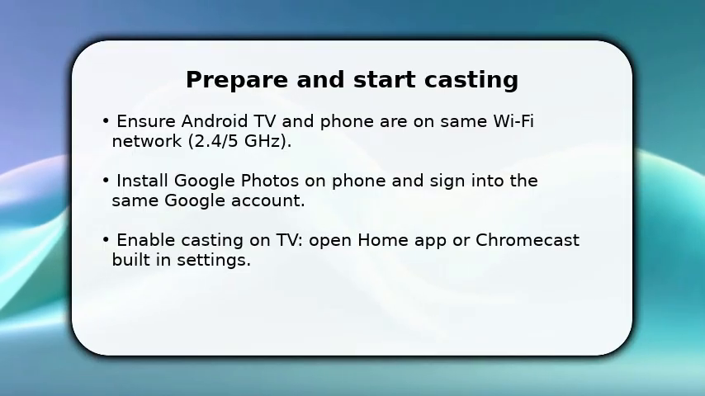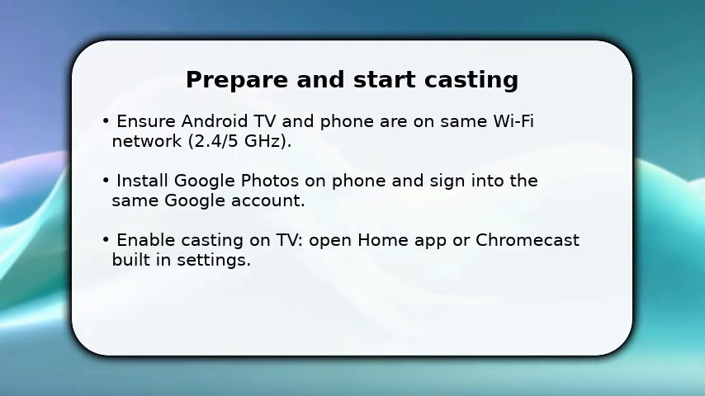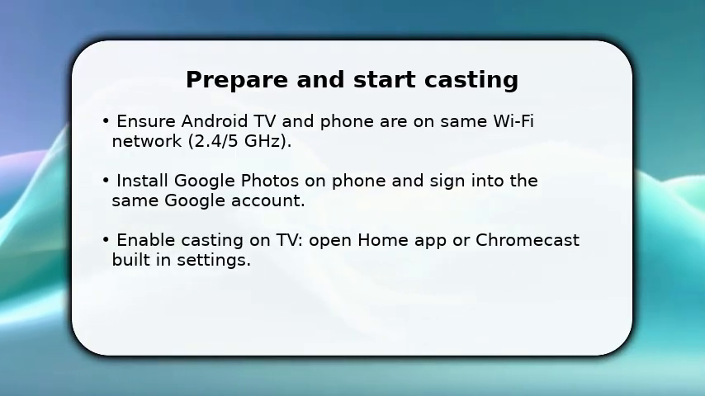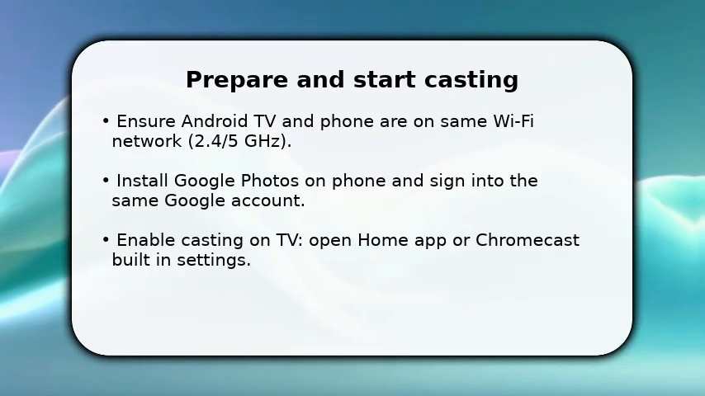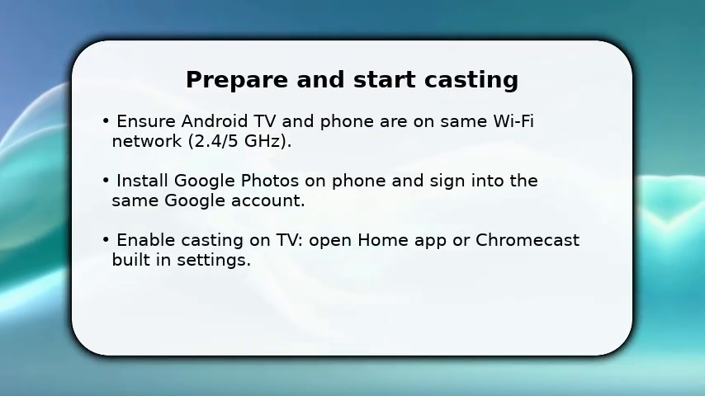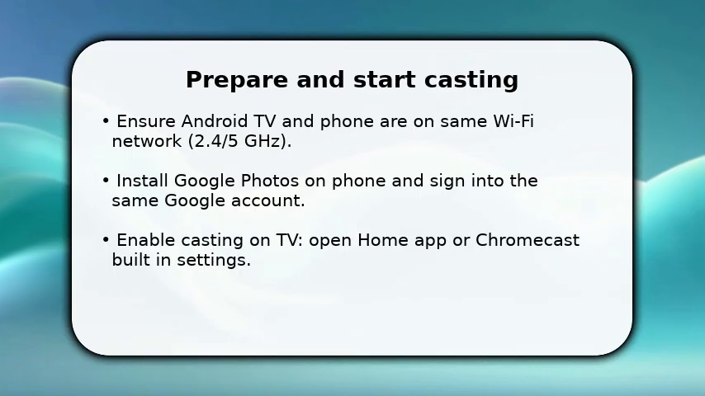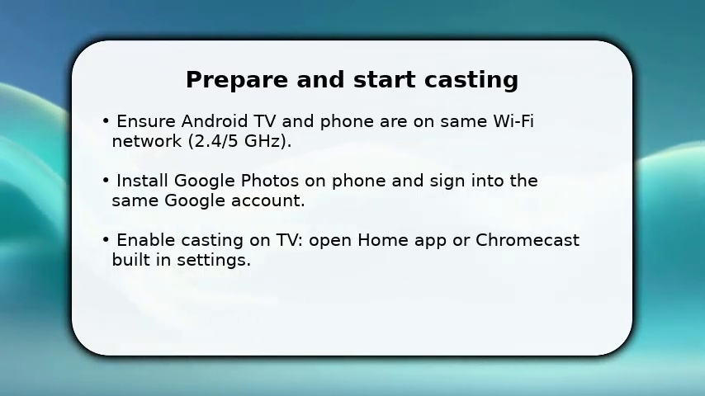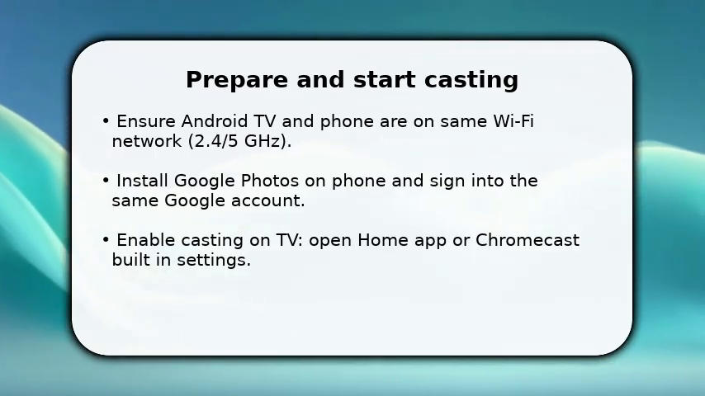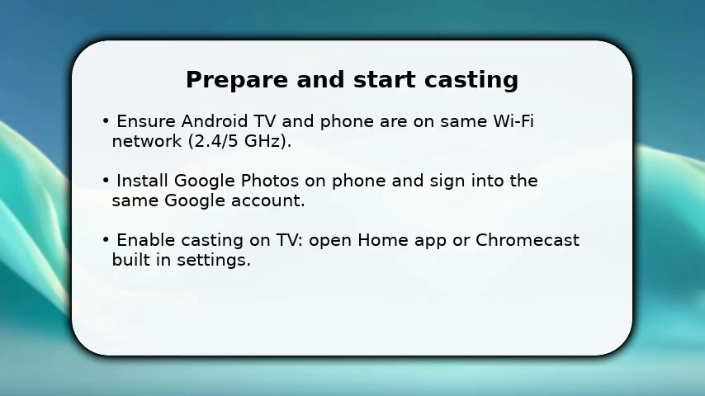You'll start by getting both devices on the same network and signed into the same Google account. That avoids permission and discovery problems. Once done, open Google Photos on your phone, pick the album or photo you want, then tap the cast icon in the app's toolbar. Make sure your Android TV appears in the device list. If it doesn't, open the TV's home or ambient settings to verify Chromecast is enabled, then select the TV to